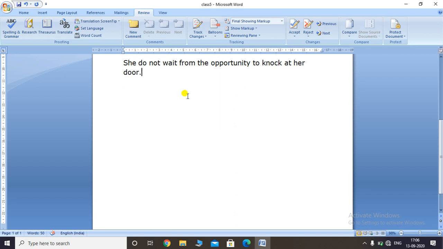So the spelling task panel appears in the same way as the grammar task panel. The ignore all button ignores the suggested solutions. The change all button applies the change throughout the document, and the add button lets you add the misspelled word to the inbuilt dictionary. You can press the F7 keyboard shortcut to check grammar and spelling.